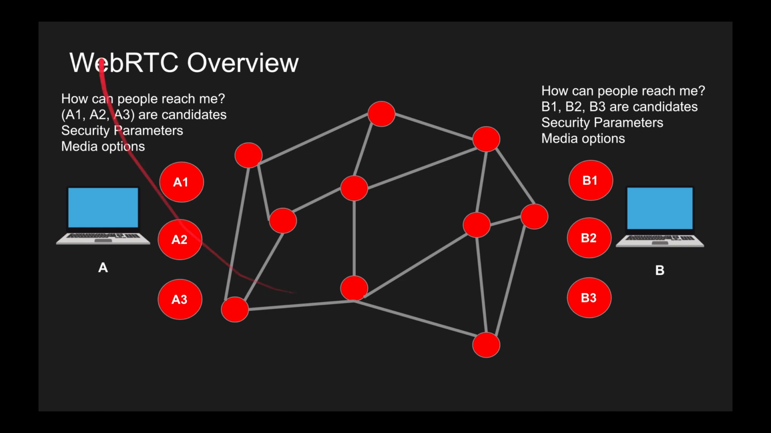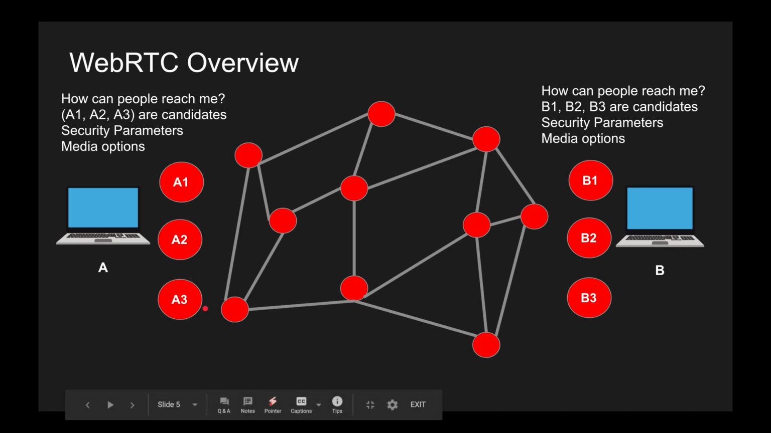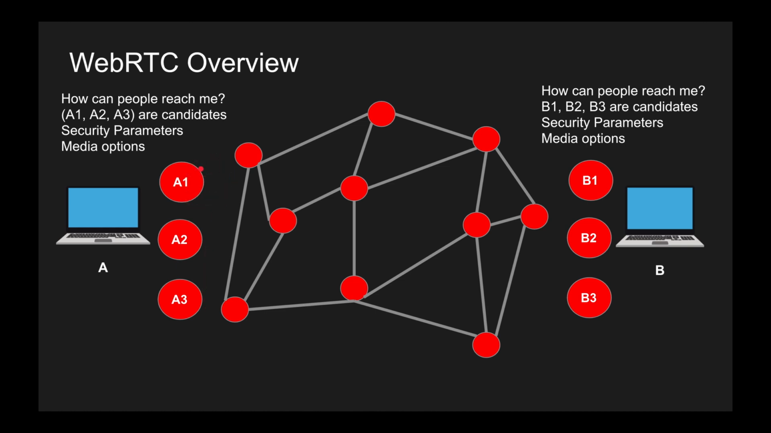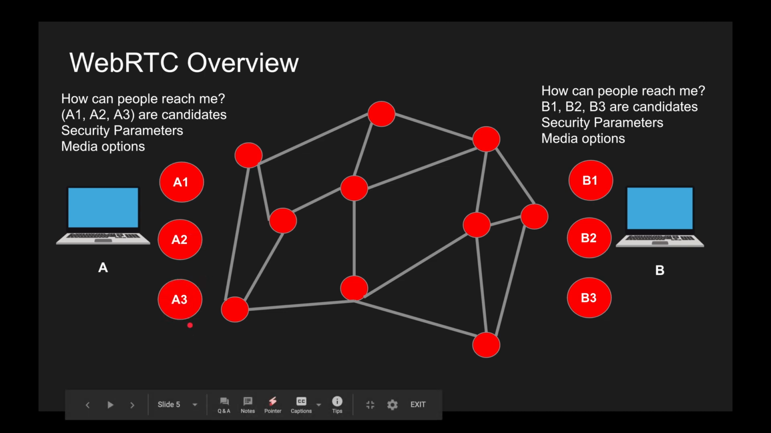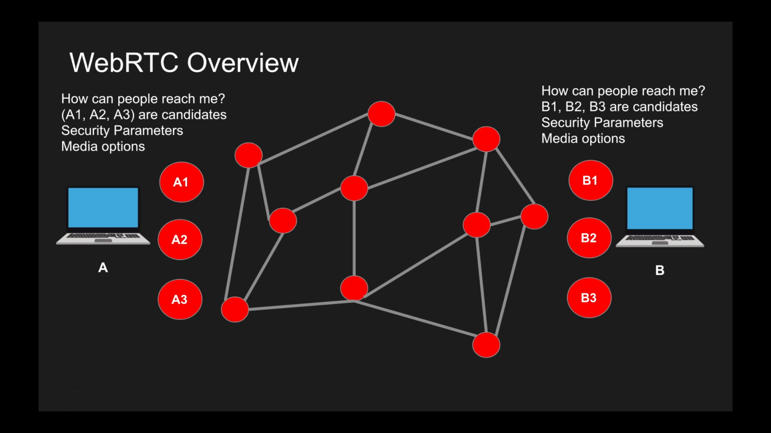So let's go to an example. So A wants to connect to B. A asks the question, how can people reach me? Hey, you can reach me from A1, A2, A3. You might say, what is this, right? These are public interfaces. Like, hey, this might be the public IP address of A. This might be a NAT traversed public IP address. This is another method of communication via, I don't know, another third party. So it finds all possible communication. It also finds security parameters, media information, and then